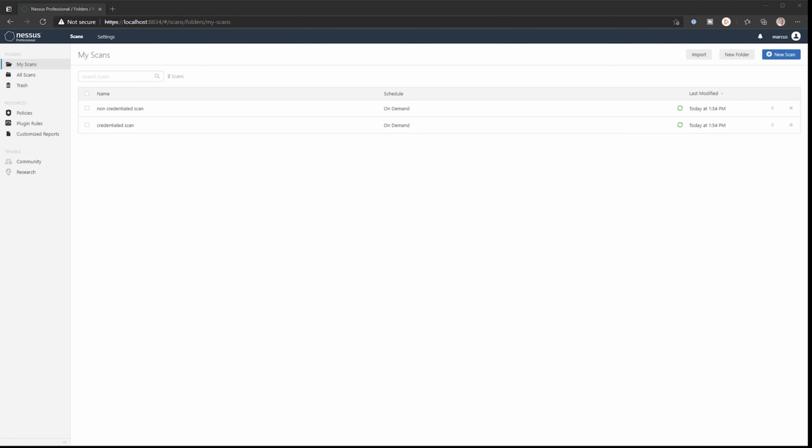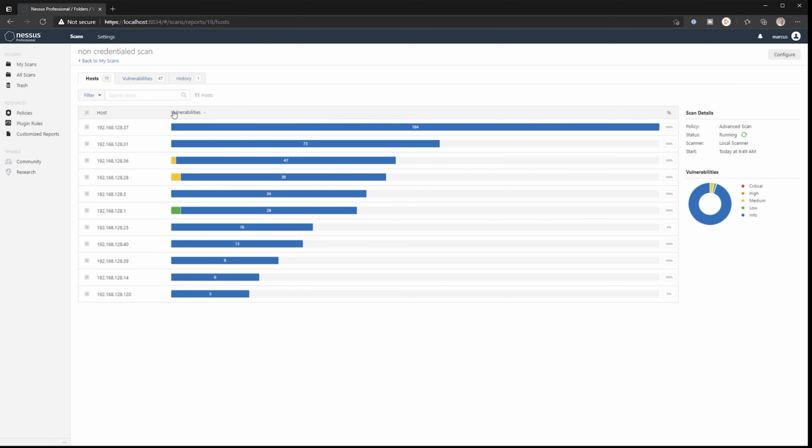Okay, so the scans have been going for a while. I've started off a non-credential scan as we saw, and then I also started off a credential scan. As this is a lab environment, obviously things go wrong. So this has been running for quite a few hours now, and the non-credential scan hasn't completed. It's got stuck on 2 machines for some reason. So as you can see, there's just a lot of informational stuff here, a couple of little medium ones here